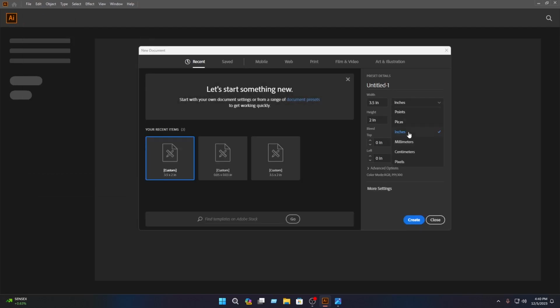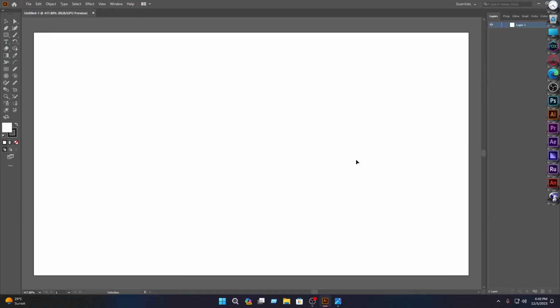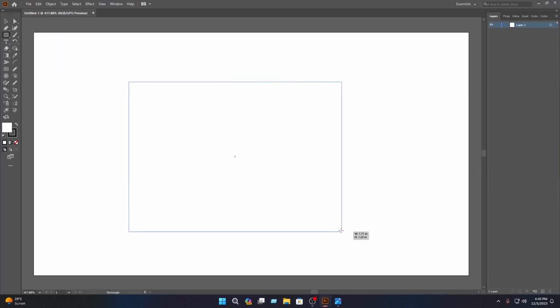So friends, at first we have to set up a page. To do it, we have to click on the file, then click on the new, then select and from here, then click on this box and type 315, then click on this box and type 2, then click on the create. After set up the page, you have to select the shape tool, then select the rectangle tool, then you have to draw the shape in here,